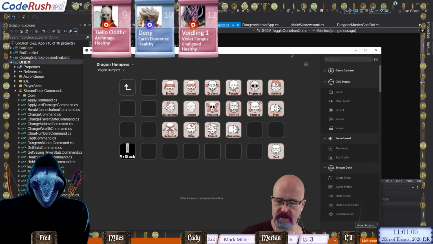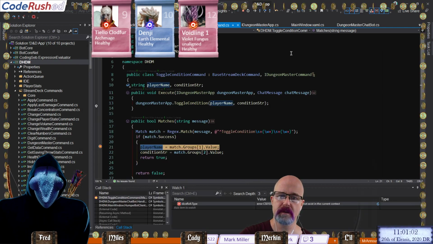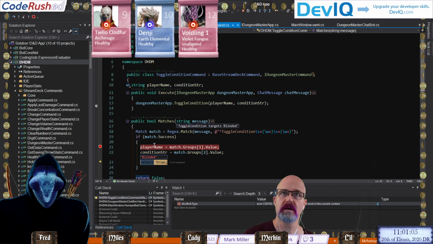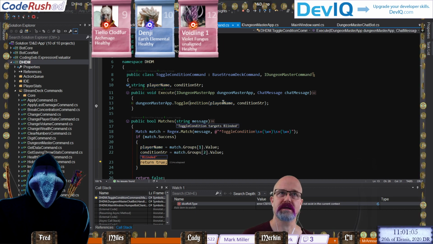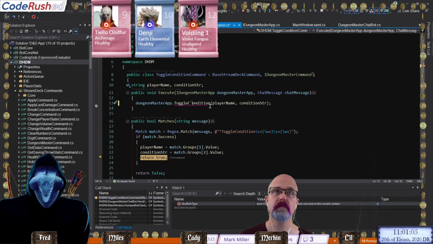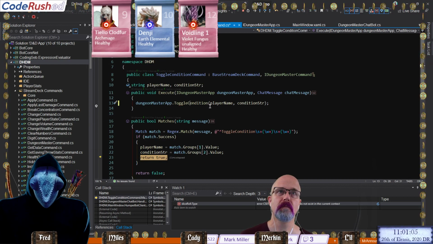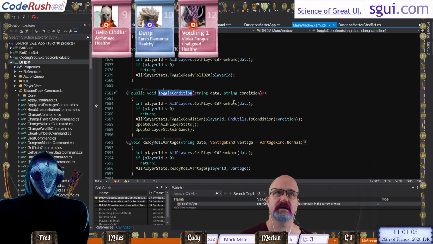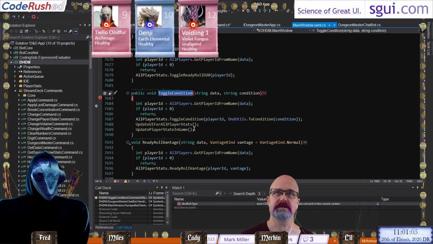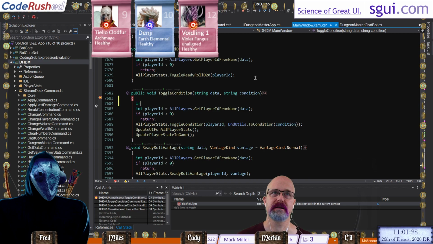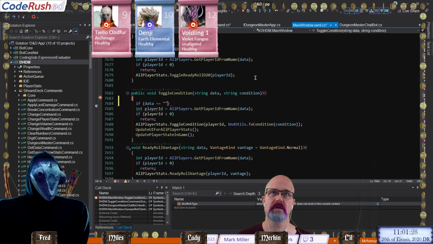So now down into targets, conditions, and I'm going to blind them. Okay. So the player name should be the word targets. It is. Player name is targets. And then we're going to say toggle condition. Here we need to do something. So we'll run to this point. We've got data as targets. We need to say, if data is equal to targets,